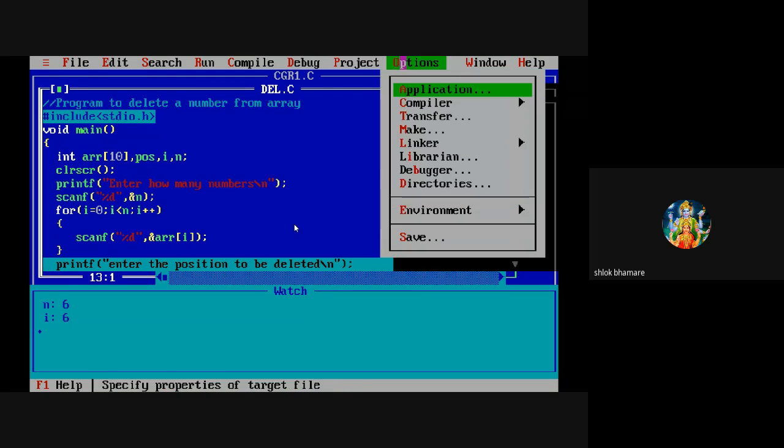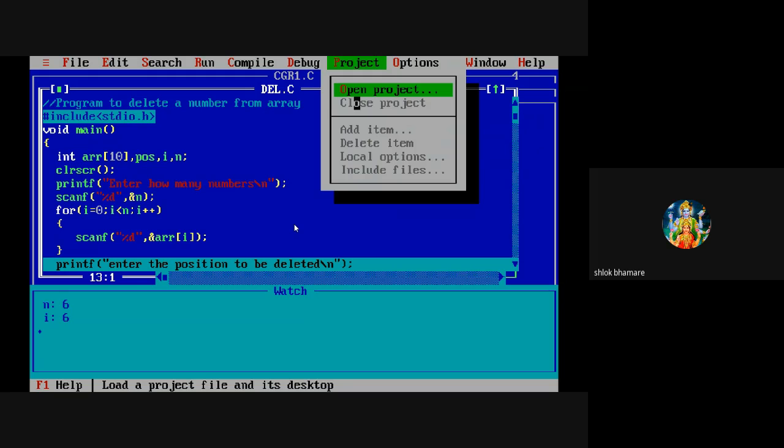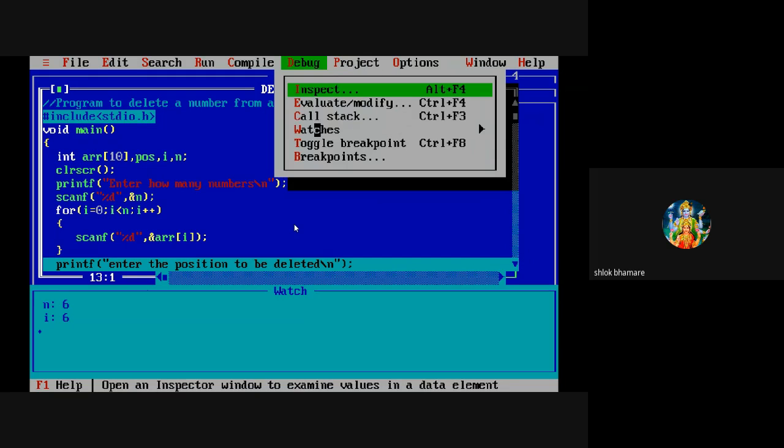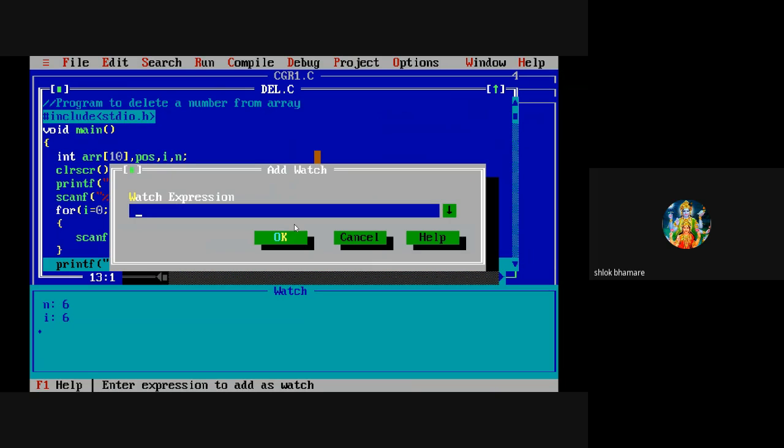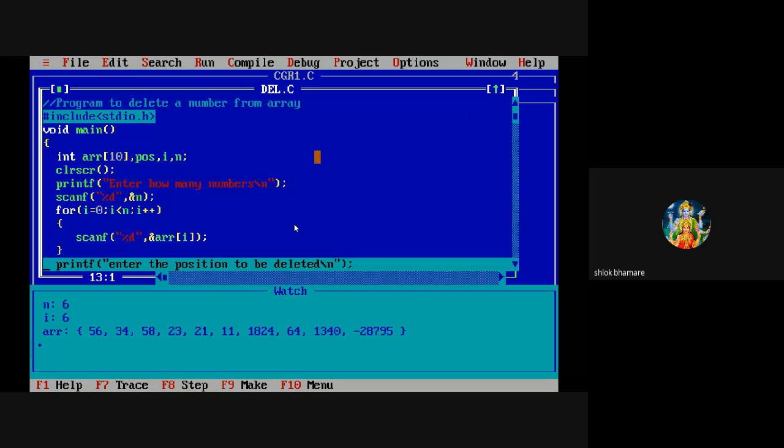We will see array also here. See, the array size is 10. We have entered 6 numbers, and at the rest of the numbers there is garbage value. So how we have entered numbers? The number at first position is 56.